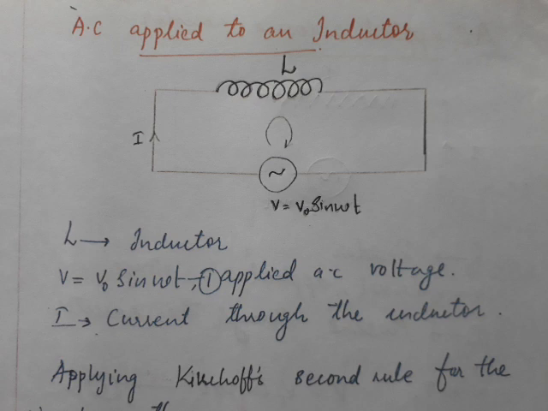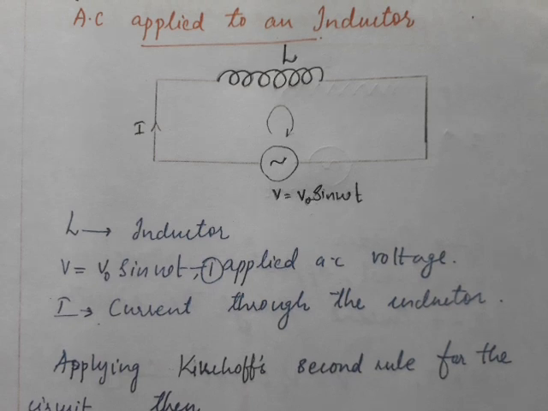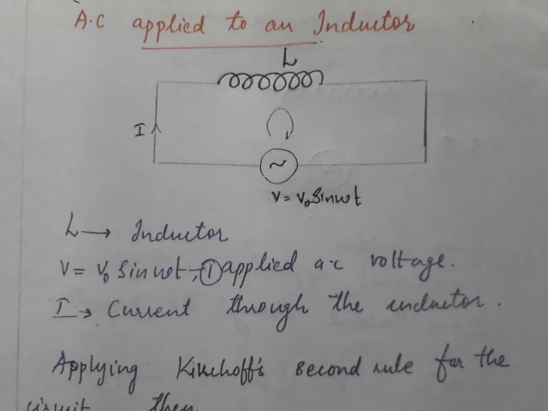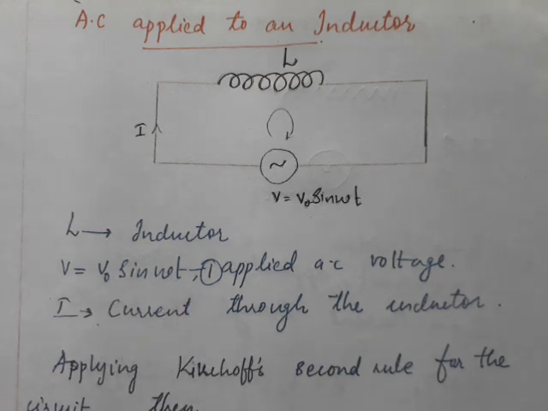Now let's see how AC behaves towards an inductor. We have studied about inductors. An inductor is a coil, a solenoid, and its inductance is given as L. So here is again an AC source connected to a coil, and current I flows through it. Now our intention is, we have the applied voltage V equal to V0 sin omega t. We check what the current I is. In the previous case we got it as I0 sin omega t. Here we will check whether it is the same I0 sin omega t or is there anything else.